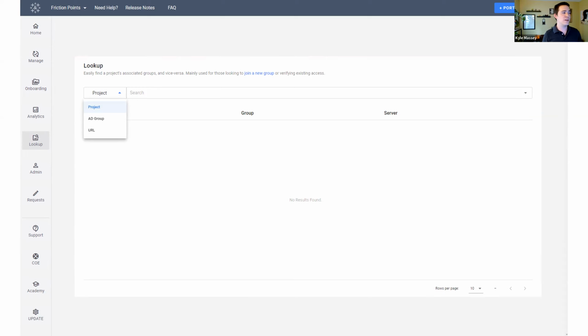So we built a tool where the user can select a project, give us an AD group, or give us a URL from Tableau Server, and we will return to them what projects it's associated with, what groups they would need to join, and some links to get them started. And again, it's just the idea of a one-stop shop where we've automated just about everything that we know our users do often. Instead of having to say, okay, open a ticket and I'll try to get back to you in a business day or up to 5 business days, we just send them a link. They can do it all on their own.